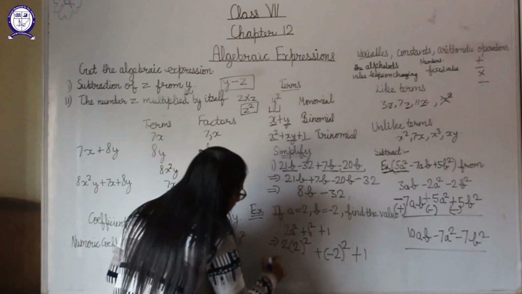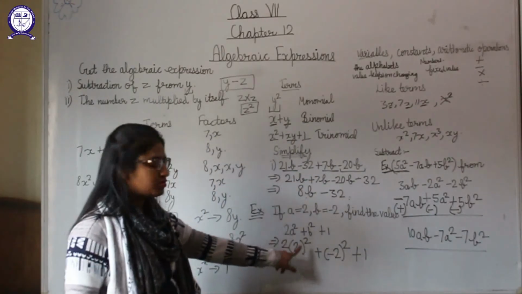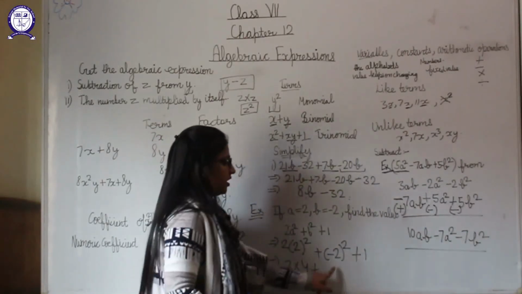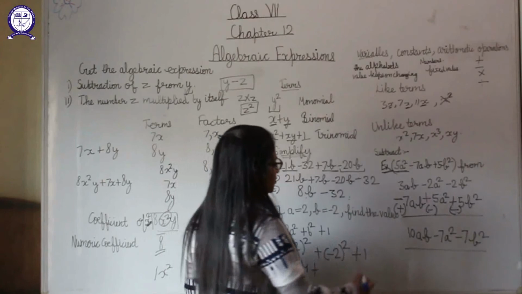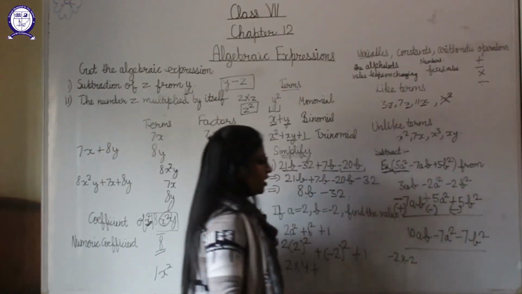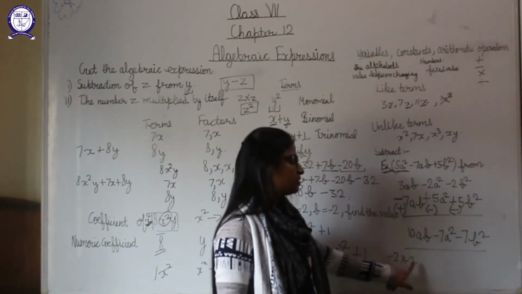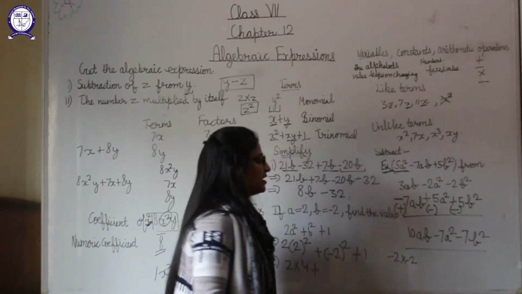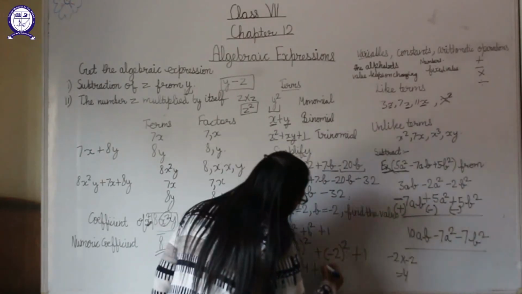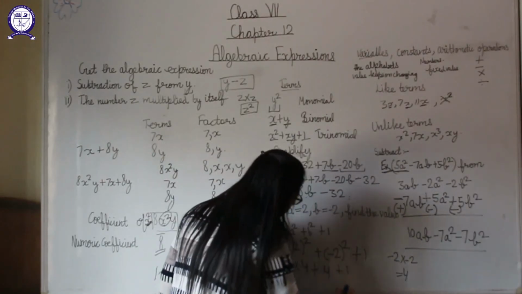Now we will solve. So 2 is already here, the square of 2 will be 4, because 2 twos is 4. Here minus 2 square. Students, what will be the square of minus 2? We know that whenever there is a square, we have to write that term 2 times. So minus 2 times minus 2. 2 twos is 4 and minus signs are 2 times, it means we are getting 4 as our answer. So the square of minus 2 will be 4 and plus 1 is already here.